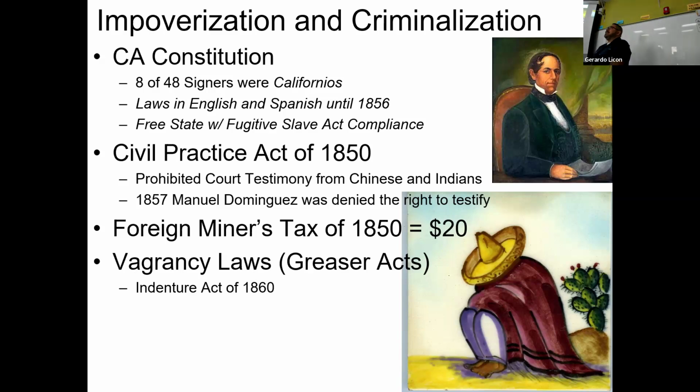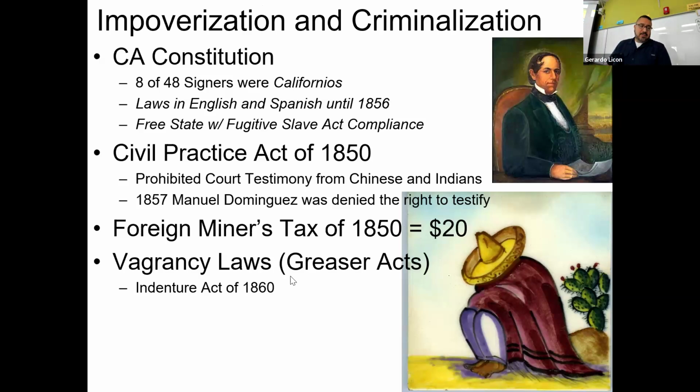What does vagrancy mean? Today, we still see some form of vagrancy laws. Probably the most obvious would be laws having to do with loitering. For example, you might see them at a liquor store or a gas station that might have signs that say no loitering. It basically means you can't hang out here. Places that sell alcohol in particular will have those kinds of signs just to tell people, you can't buy your liquor here and then hang out here and drink. They don't want people hanging out.